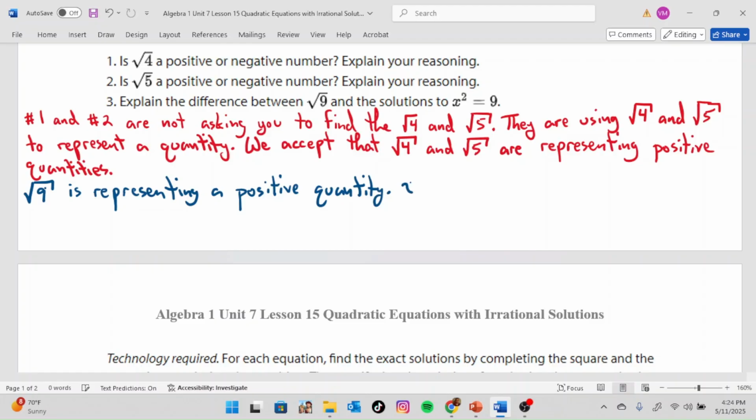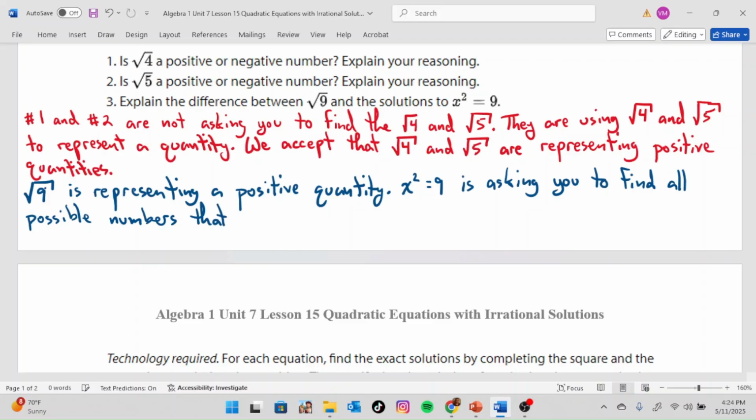On the other hand, x squared equals 9 is asking you to find all possible numbers that make the equation true. What this means is that the square root of 9 equals 3,